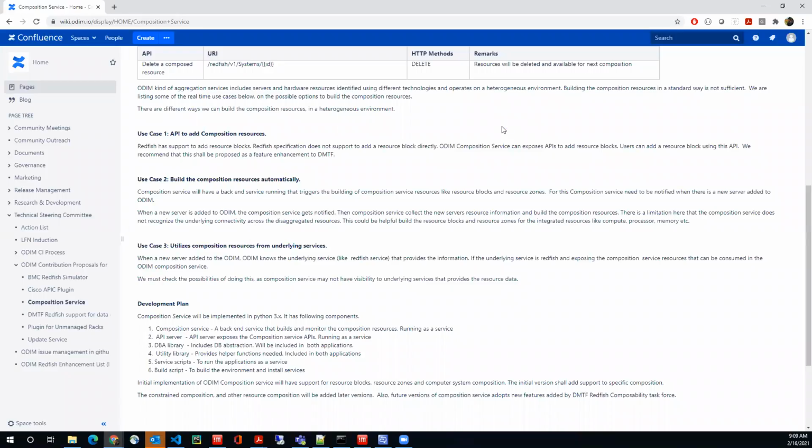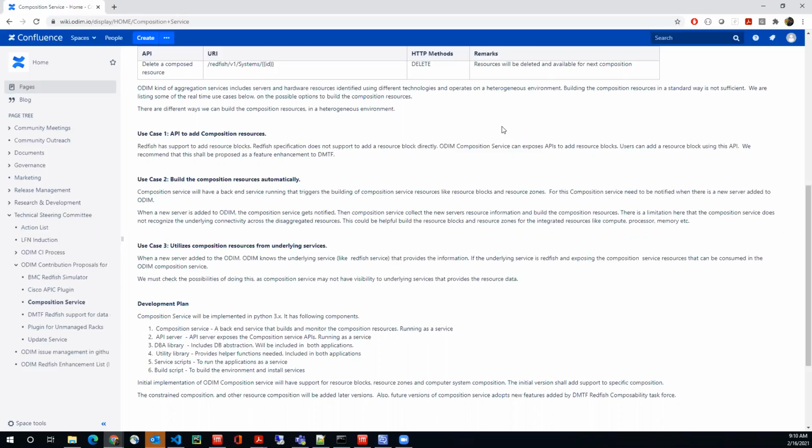I'm still a little hazy on what we're talking about. There are two kinds of computer systems that you can have. One is the generic pre-assembled or pre-composed computer systems, vanilla Dell, HPE, whatever servers.